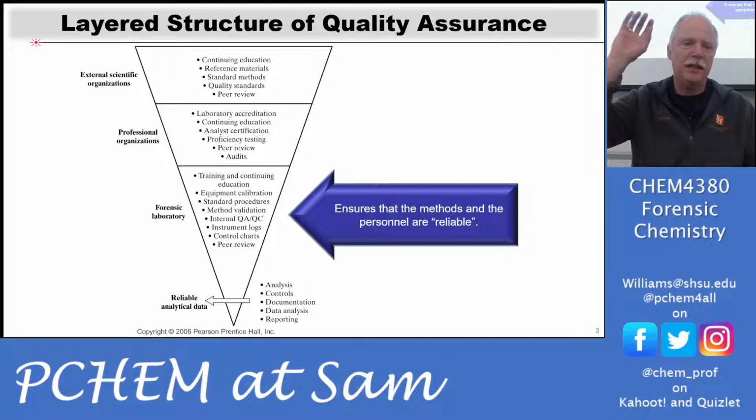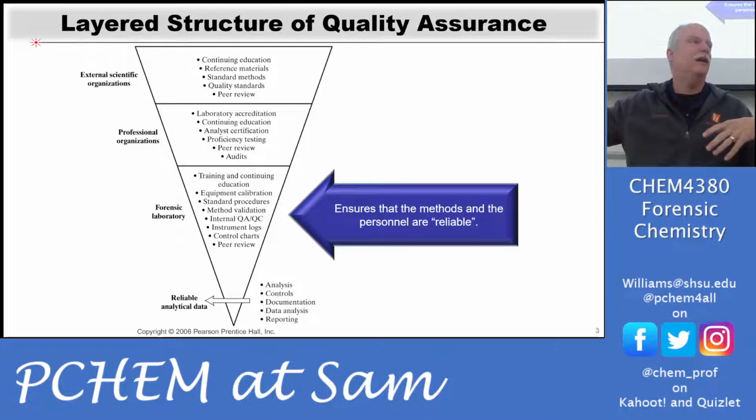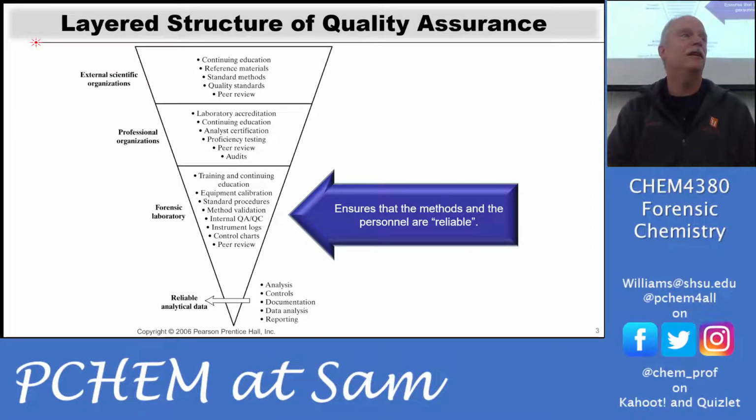So looking at some of these things, you have continuing education up at the top. You have reference materials that you can buy. So how do you know this is cocaine on this FTIR? Well, you have a library sample of cocaine. And so you can run those reference materials. We have those here in the building, but they're in a safe. Okay. We have them up in the forensics on the second floor. It's almost like a chain of custody, but it's not evidence. It's the library samples. And so they have, not clandestine, they have controlled substances in their controlled area, and it's under lock and key because they need those standard materials.